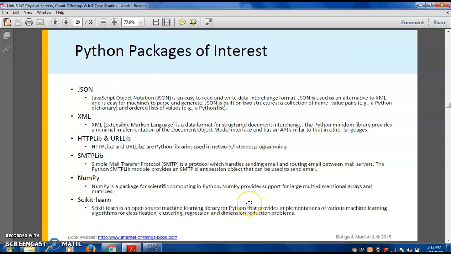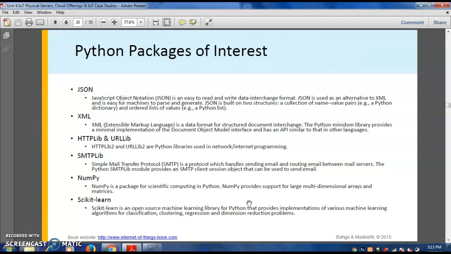The JSON package: JavaScript Object Notation is an easy to read and write data interchange format. JSON is used as an alternative to Extensible Markup Language, and it is very easy for a machine to parse and generate JSON files. JSON is built on a structure that is a collection of name-value pairs.